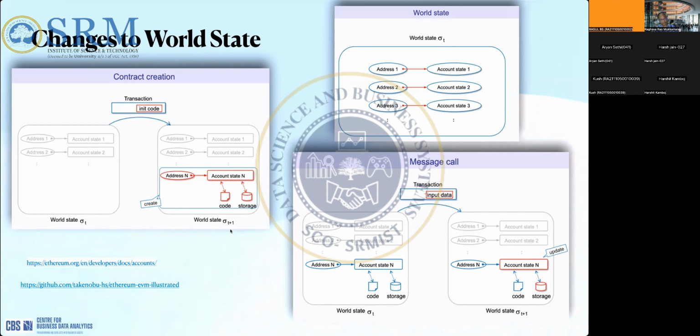T plus 1, right? So sorry, sigma t to sigma t plus 1 steps. Let's say that, what happens when we invoke a smart contract? Now we are in this step. Let's say that this is the sigma t step, where we have the smart contract already deployed, listening at the address n, and which has the code specifying what it should do and things like that.